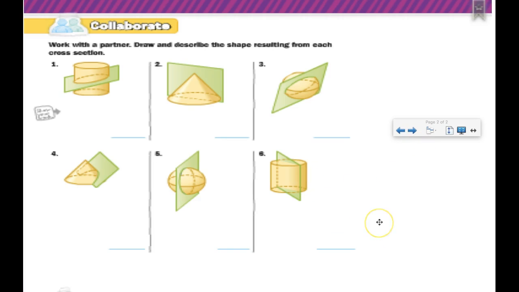Work with a partner. Guess who your partner is? We've done this